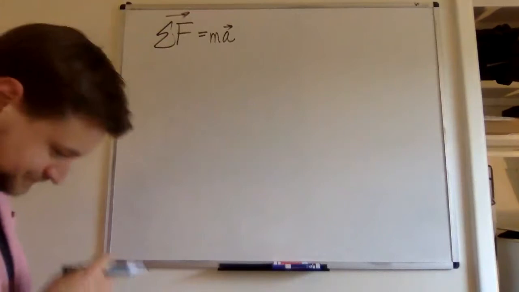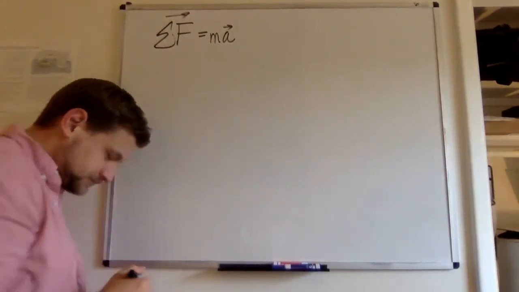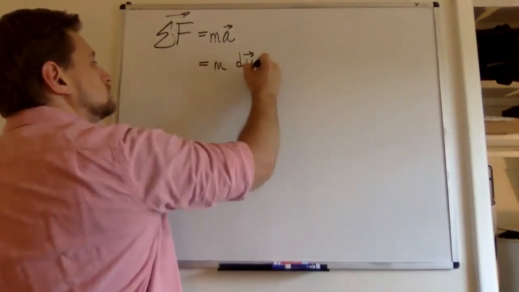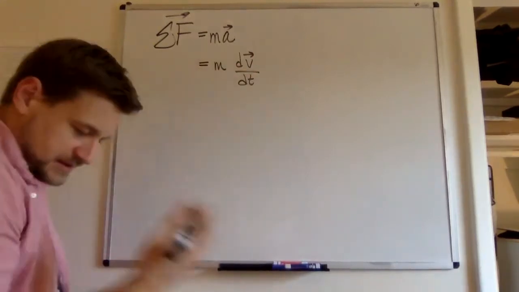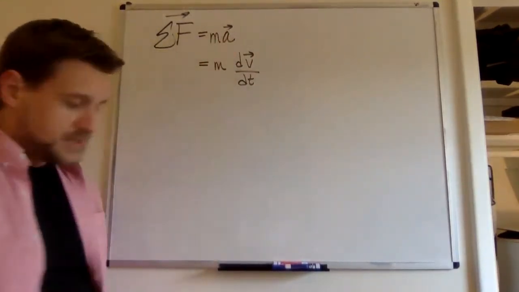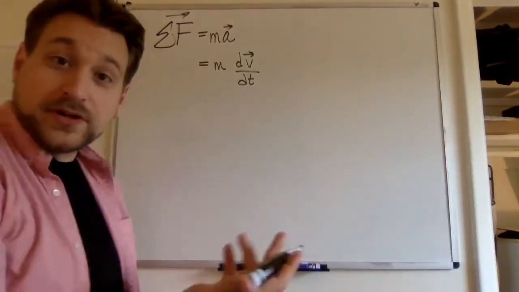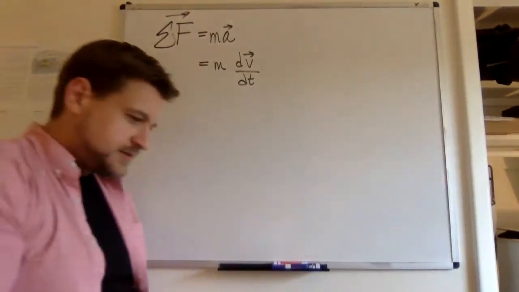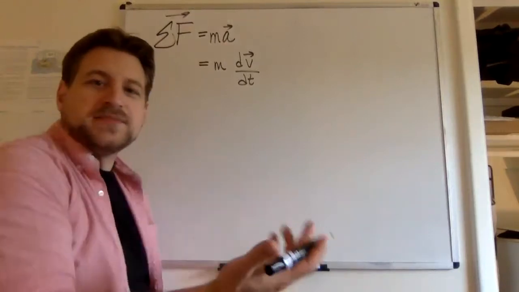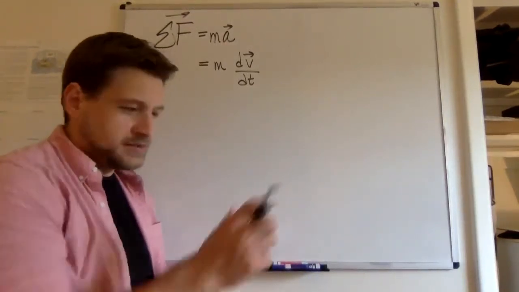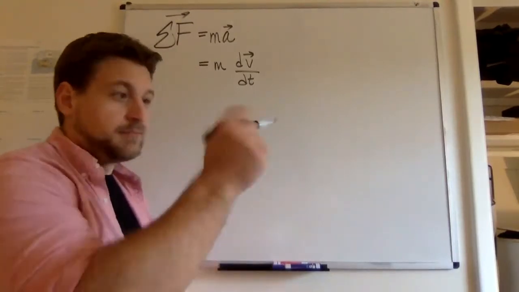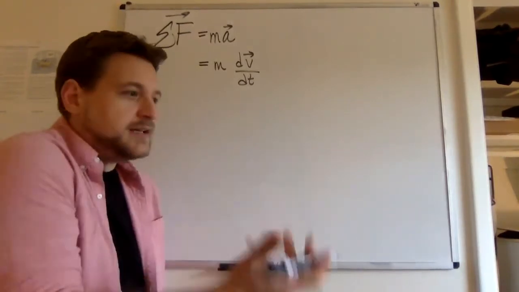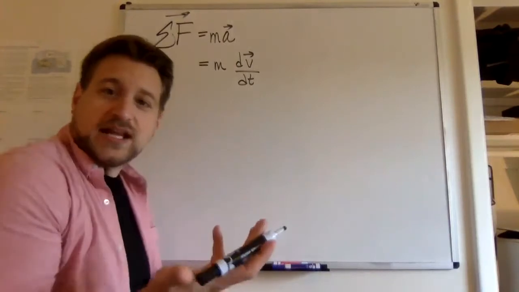Let's start with Newton's second law. The acceleration of the mass m is the time derivative of its velocity. Now, what if this is a particle, some object, right? If it's a cart on a glider track, or a marker, or I don't know, a rock, some object, its mass doesn't change,